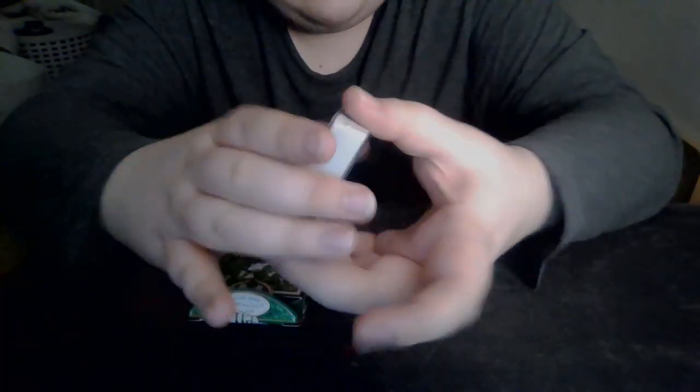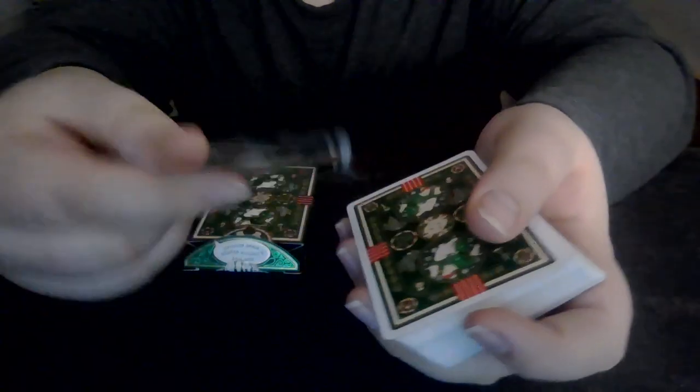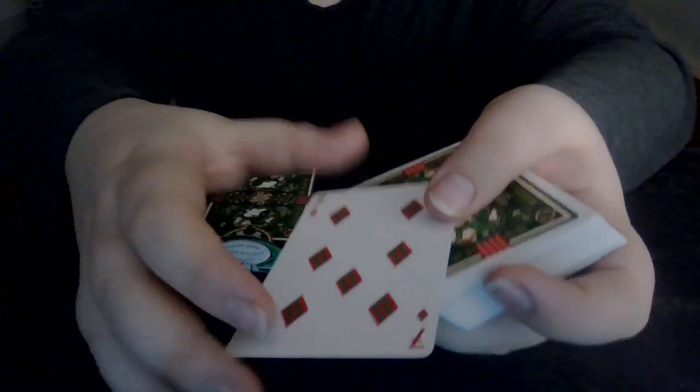So here is your setup for the trick. What you're going to need is the box, and then you're going to have one card you are going to use. Now, in the instructions, John Carey said to use the 7 of diamonds, so that's why I used it. Once you learn the secret, I'm sure you can use any card you would like. But let's stick with the 7. So what we're going to do is take our force card, the 7, place it face up on top of